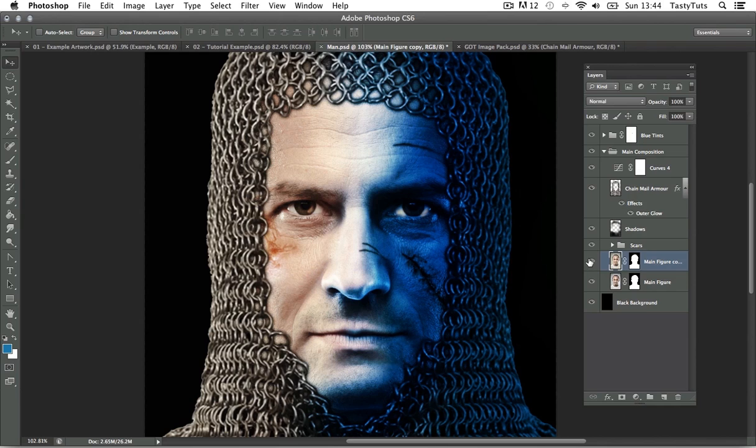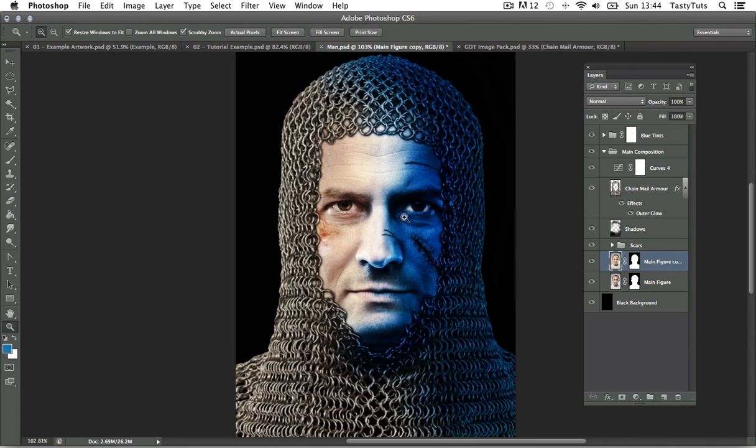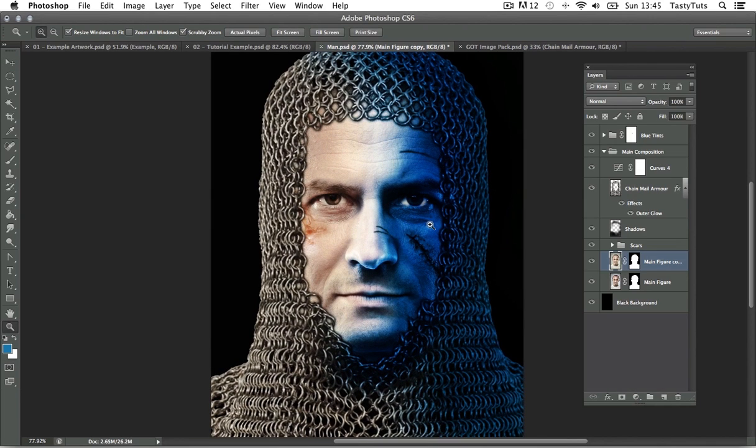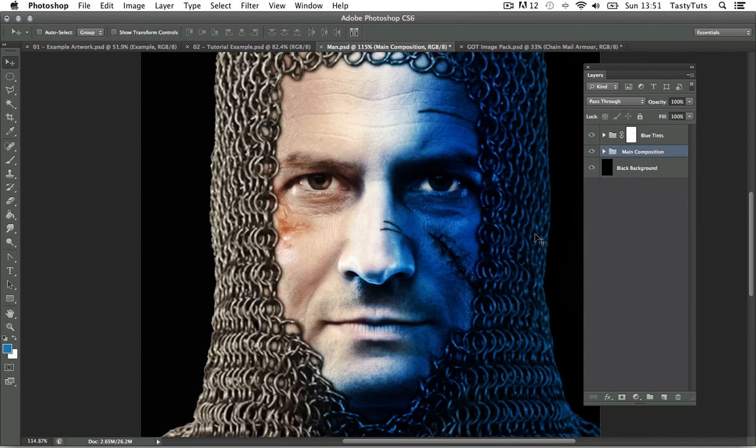Before and after. Now it's looking a little more lighter and closer to the Game of Thrones artwork style. If you try this, you may have to discover different values depending on the colour of your original image. Now, the Game of Thrones artwork is also very sharp and gritty, so to create a more sharper and grittier